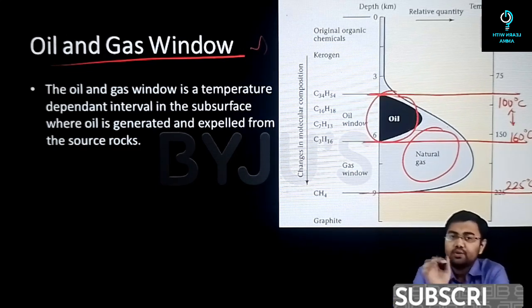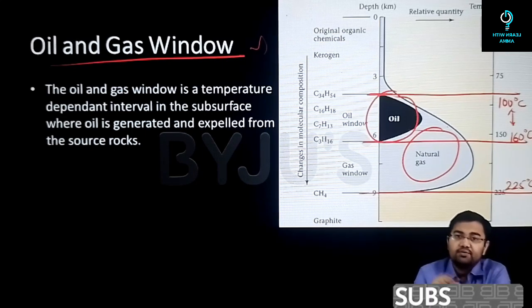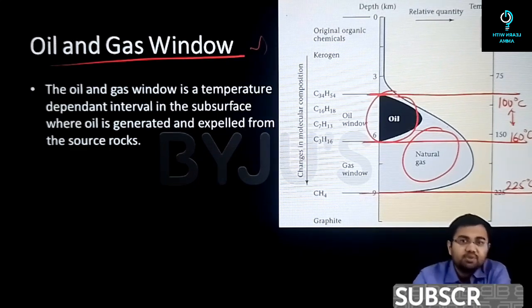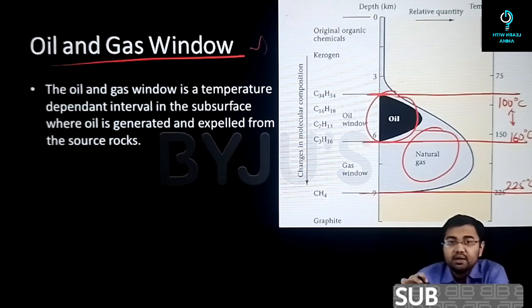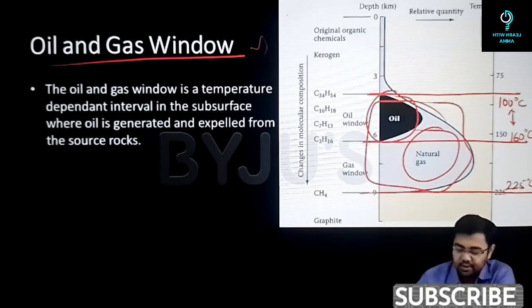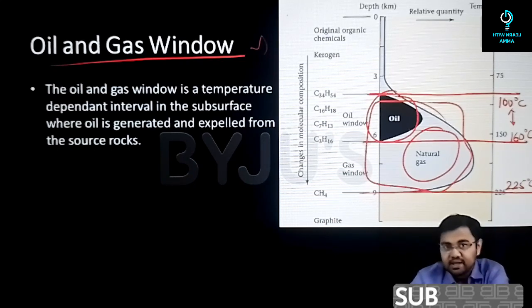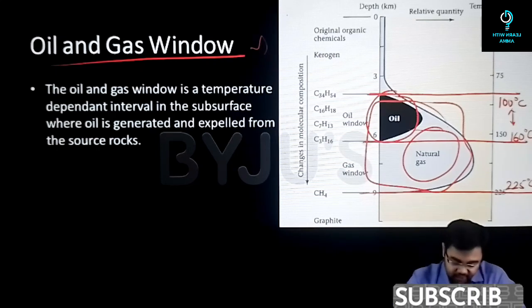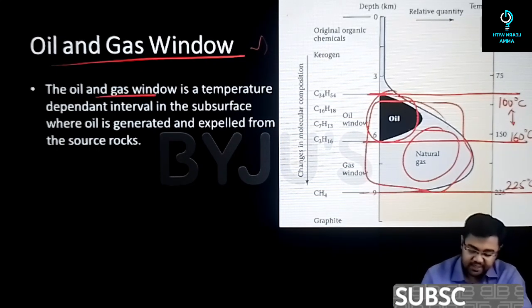So that's why many times what you'll see is that any area from where petroleum product is being extracted is the same area from where natural gas also gets extracted. So most of the time you will not see a separate reservoir of natural gas. Instead, it coexists with oil. So if there is an oil presence, there are high chances that the area also has natural gas, and if there is natural gas, then there are chances that you will find oil in that given area. So the oil and gas window is a temperature dependent interval in the subsurface where oil is generated and expelled from